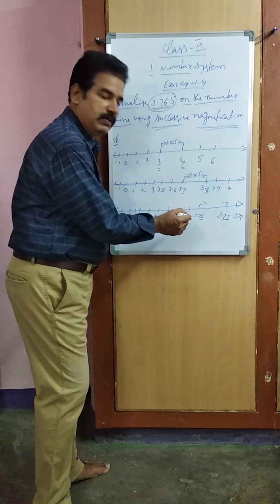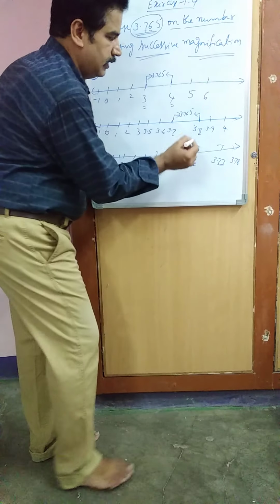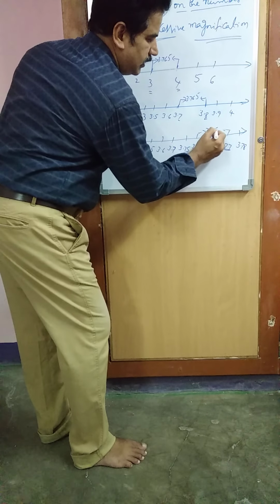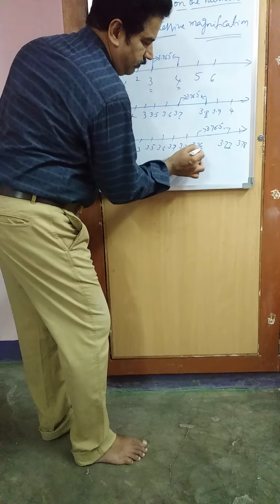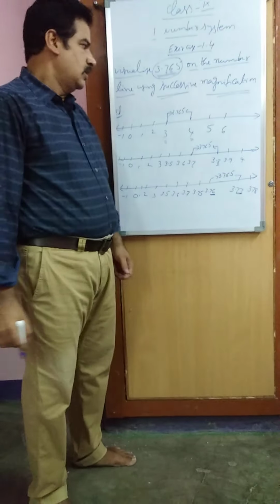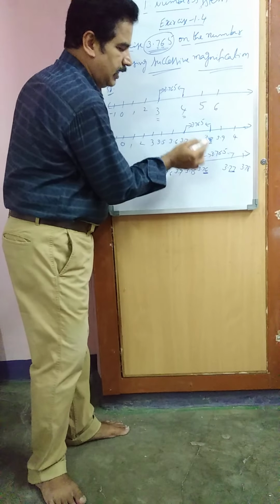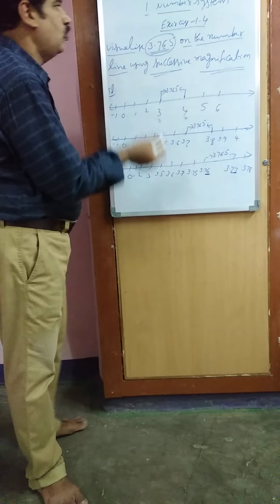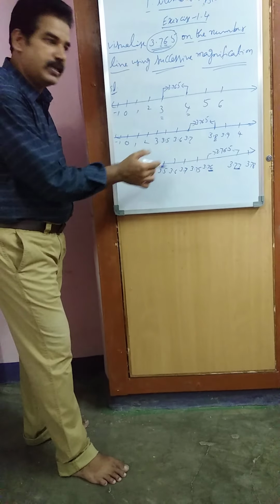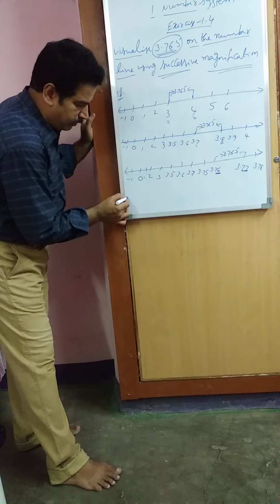The number lies between 3.76 and 3.77, which means 3.765 lies between 3.76 and 3.77. So now, up to two places, the tens place here and the hundredths place here, we are representing exactly 3.765. We are magnifying the number and the number line. So once again, draw the number line.